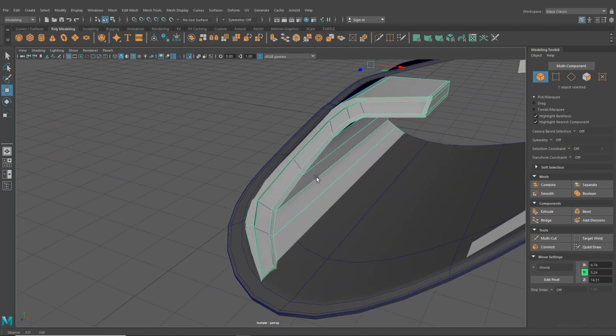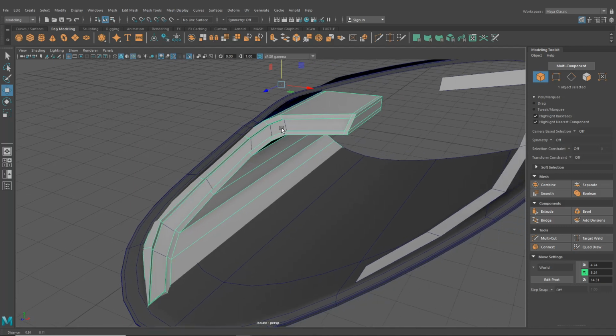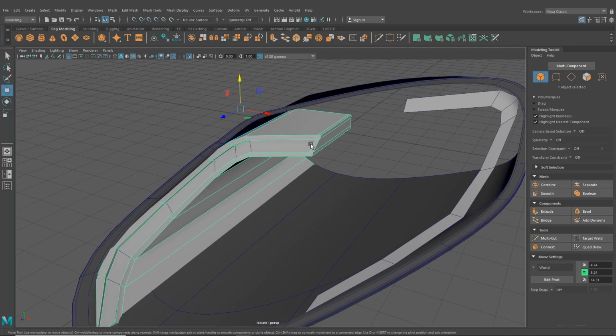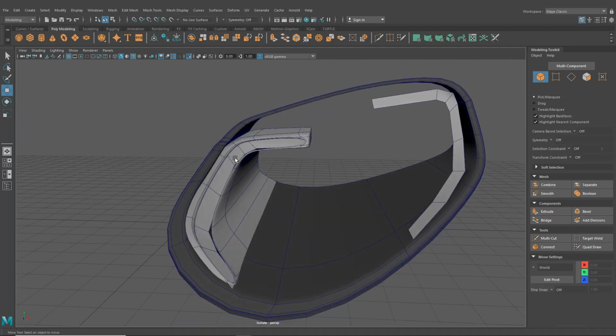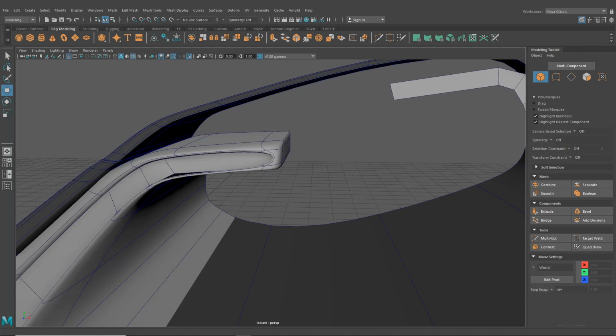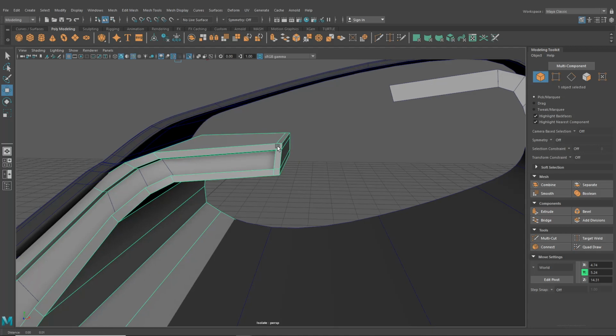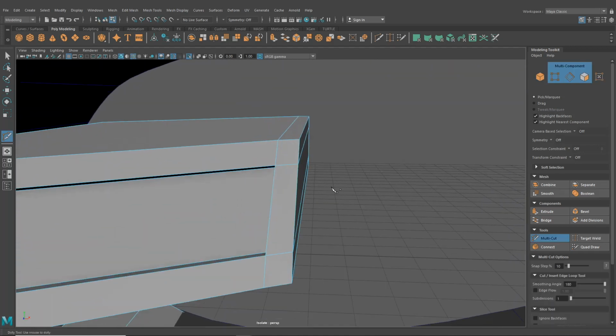So let's maybe grab this section. Remember, we did separate these yesterday. We're going to hit 3, and we actually want this top bit to curve. I'm just looking here, and we do want a little bit of maybe curvature in here potentially. We're not going to make these headlights absolutely spot on, but we are going to give it a go. I'm going to use my multi-cut tool to map some edges there,